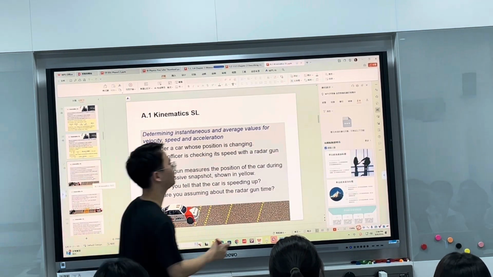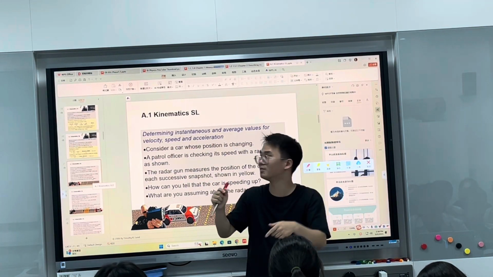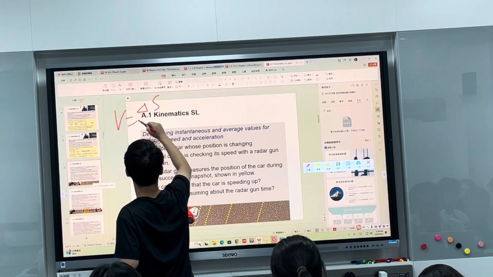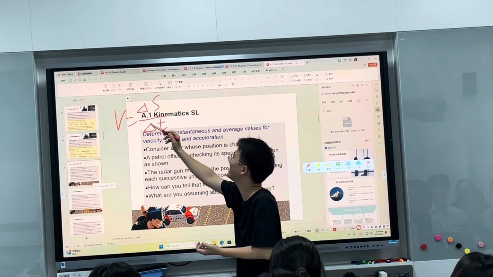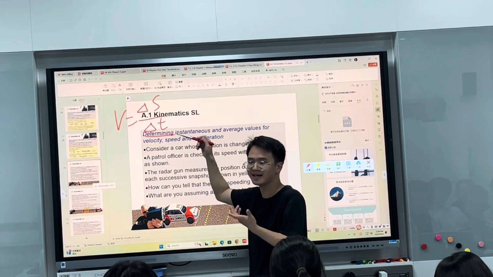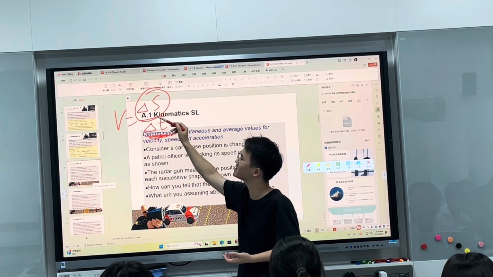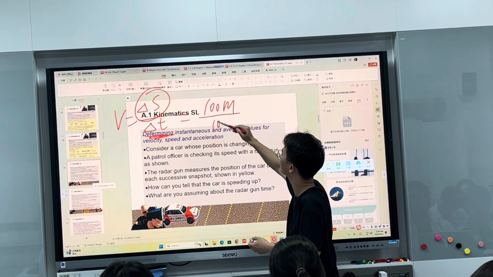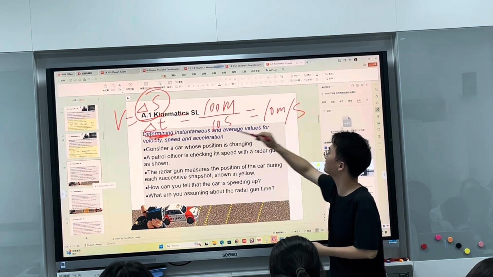Okay, so instantaneous velocity is basically the velocity at that moment. How do we define velocity again? Velocity is the rate of change of displacement, so delta S over delta T, right? If you divide by delta T, that is an average velocity within this time period, let's say 100 meters of displacement over 10 seconds, that's the average velocity within that 10 seconds,